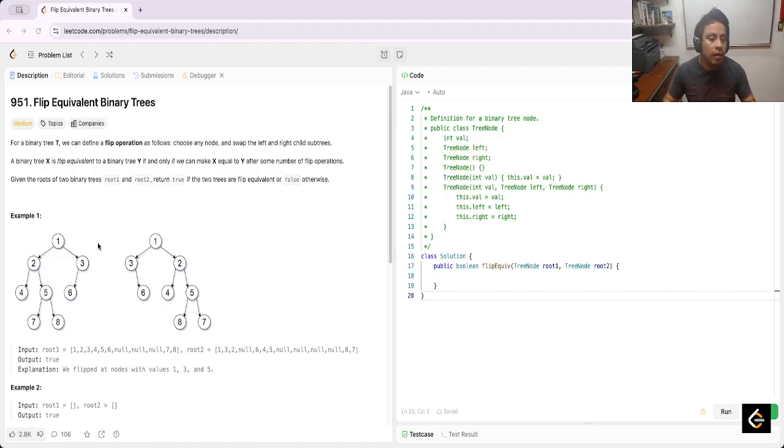Okay. For a binary tree T, we can define a flip operation as follows. Choose any node and swap the left and right child subtrees. Okay, a binary tree X is flip equivalent to a binary tree Y if and only if we can make